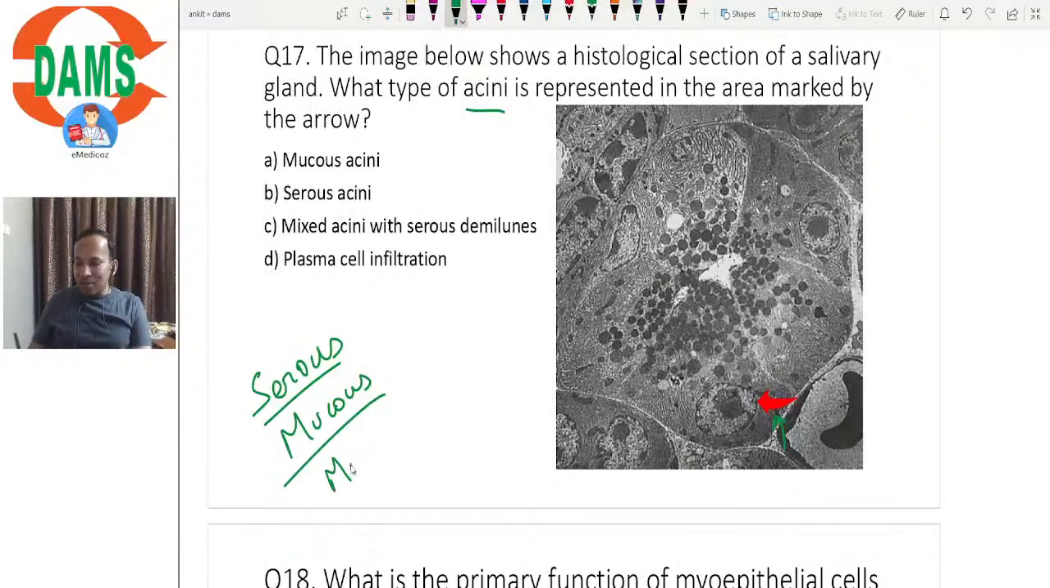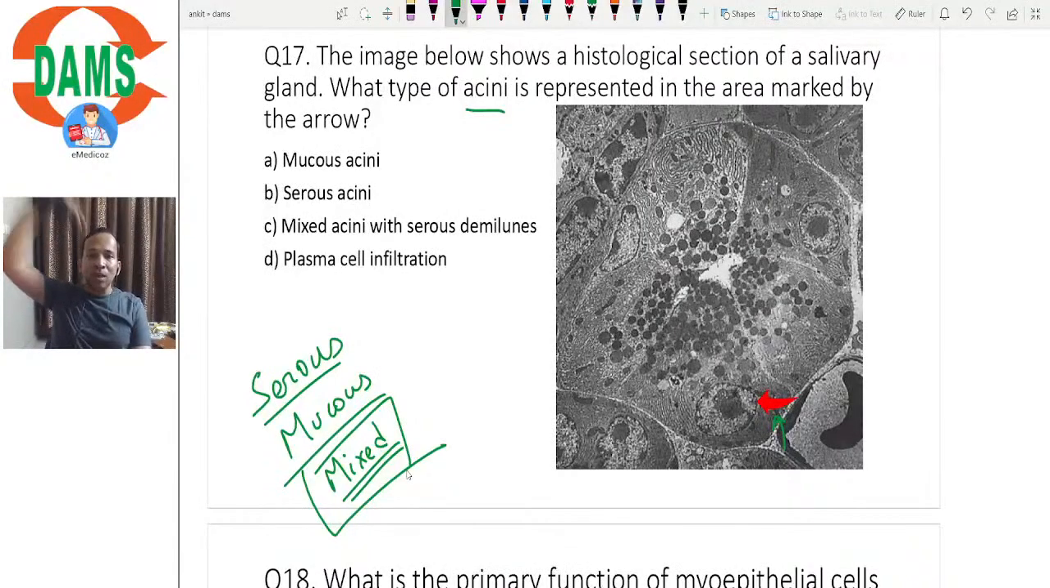And then there is a mixed, where some cells are serous and some cells are mucus, isn't it? But overall हम क्या कहेंगे कि it is either serous or mucus. क्लियर है? तो मिक्स तो हम यूजुअली कंसीडर नहीं करते हैं, मिक्स यूजुअली ग्लैंड्स को कहते हैं, वेयर सम एसिनाई में बी सीरस, सम एसिनाई में बी म्यूकस, सम म्यूकस एसिनाई विल हैव सीरस डेमिल्यून ऑन देम, राइट।